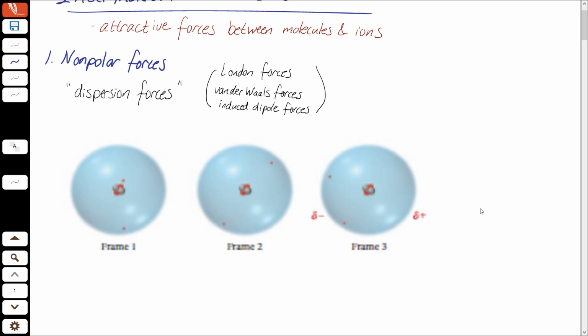then something else happens. I'll try to make this a little bit bigger so we can see it better. The neighboring atoms have what we call an induced dipole. So that slight separation of charge, that instantaneous dipole, causes the other electrons around it to also move. So if that first picture